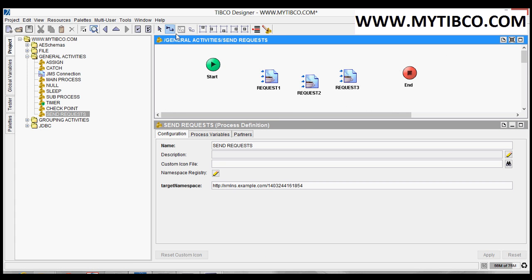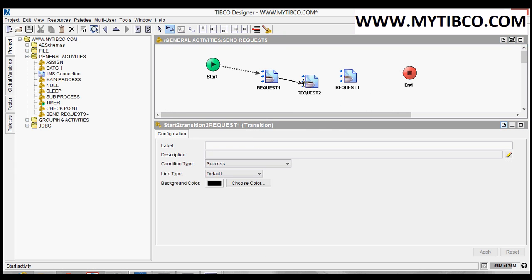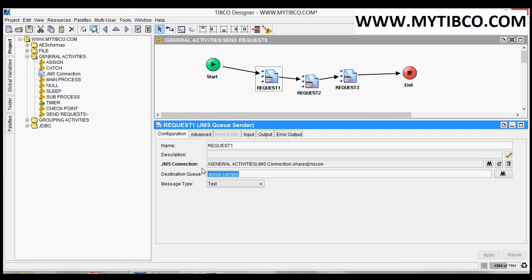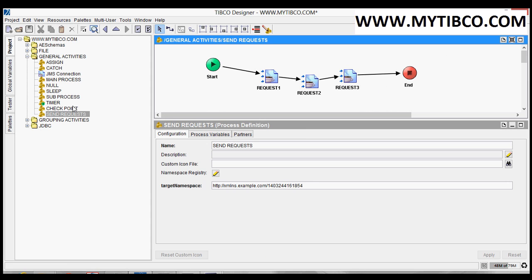Now connect these three requests using transition. Okay, now this process is able to send 3 requests on this queue. Now go to checkpoint.